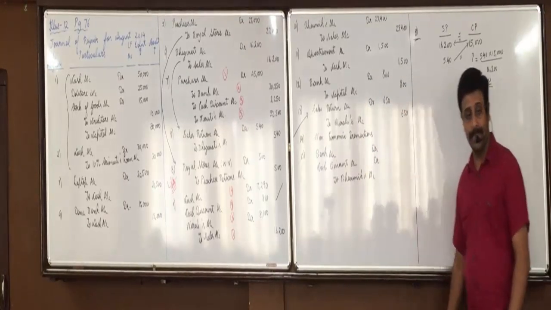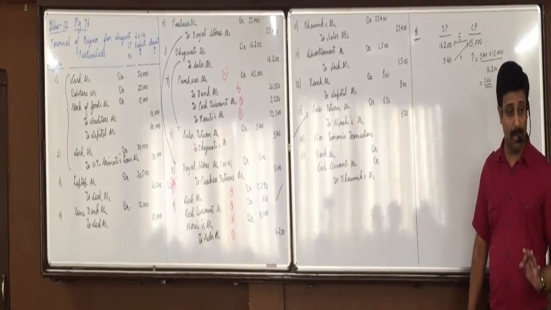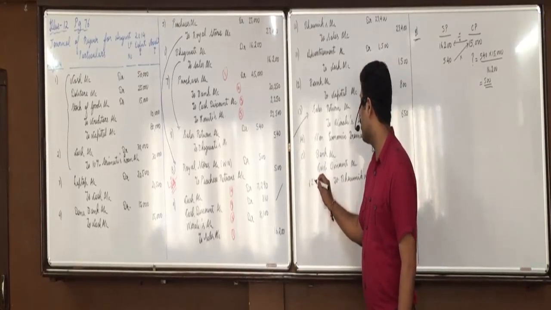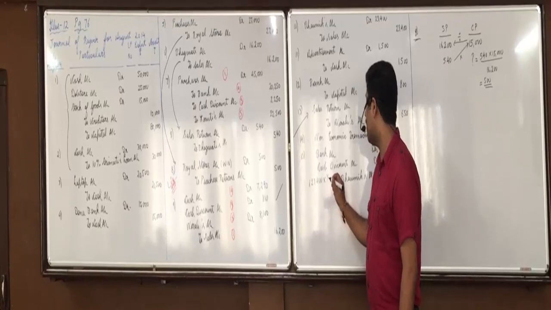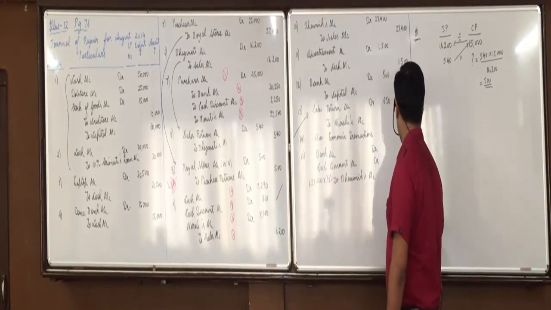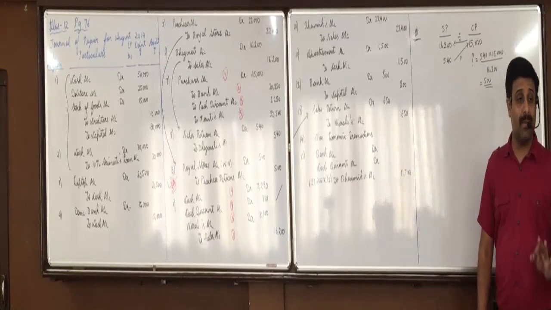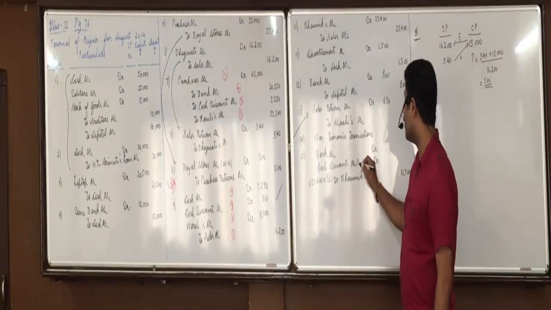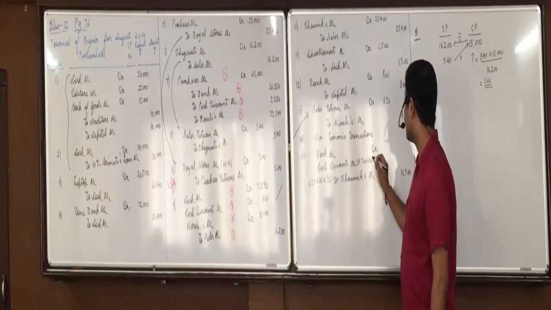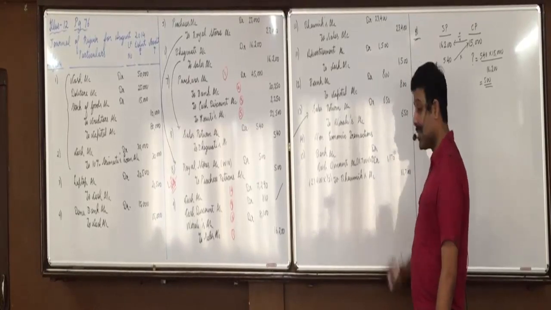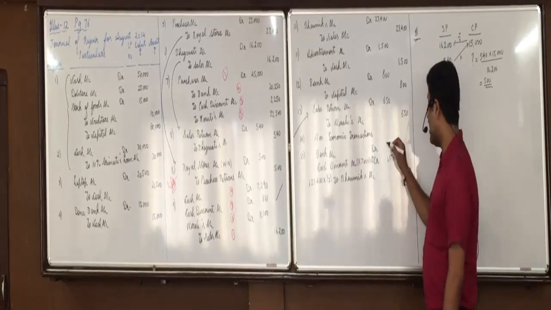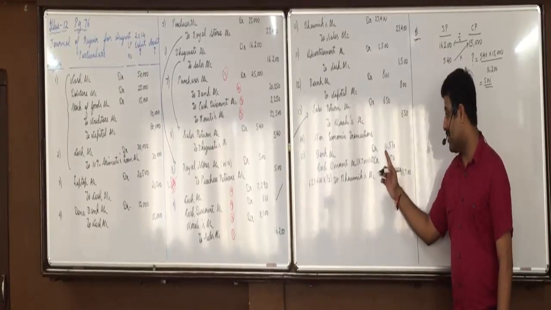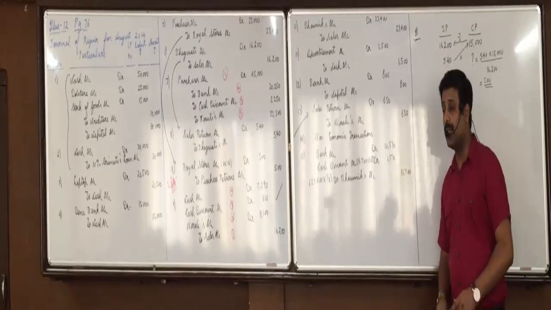Understood that, everyone? Now Bhawmik is paying half amount by check, so we will close this account with half amount. So do 23,400 into half, means divide by 2. 11,700. Now whatever amount he is paying us, on that we will give him cash discount. So do further 11,700 into 10%. 1170 will come against discount. Press minus equals to. Okay, 11,700 minus 1170, 10,530 we will receive by check.